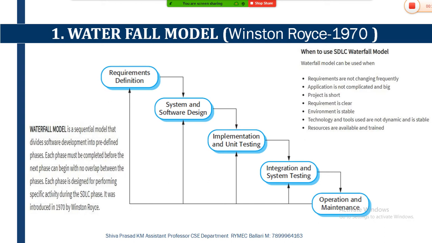For each and every process, they were using this basic model for the development process. This model is a sequential model, and each and every phase is interdependent on each other. And this model is also considered as